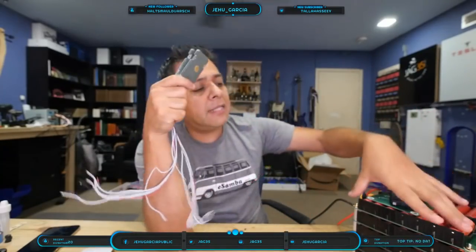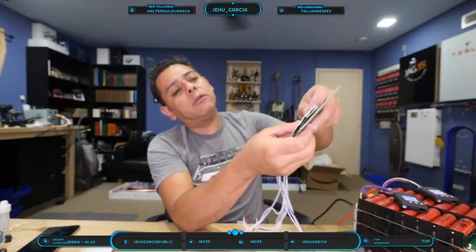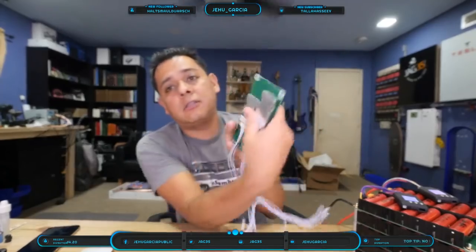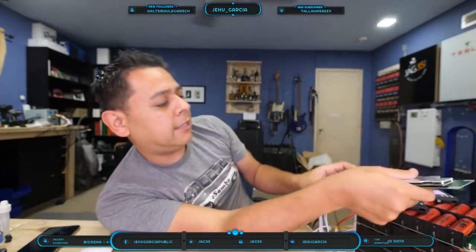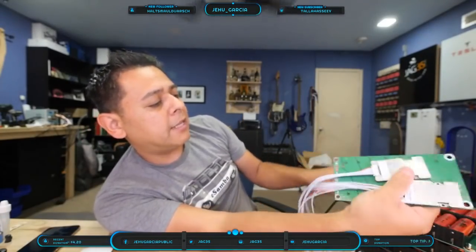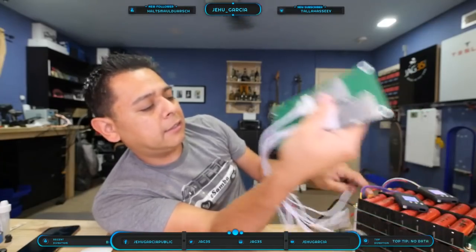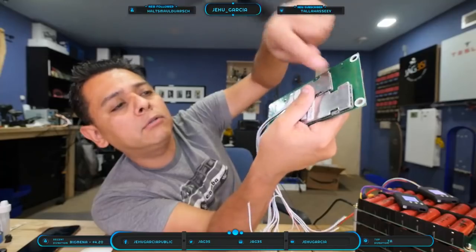So you could put 10 of these modules, and then I can make a PCB where we put these in here and you do all the wiring there. You just solder it onto the top of the board, right? And then you just connect that on the top, just like if it was another module on top. But then the XT60 connector that comes in here, then it's having the negative go through the